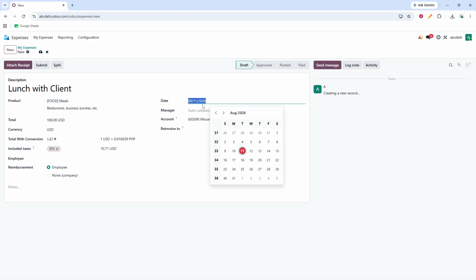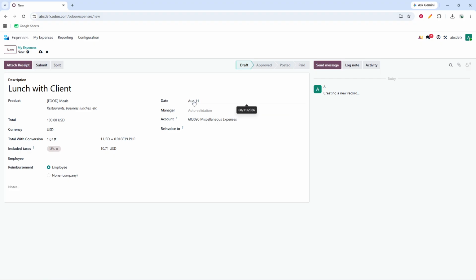This should match the date on the receipt or the date the cost was incurred. Keeping the date accurate is important for proper tracking and approval. Then, select the employee associated with the expense. This ensures the expense is assigned to the right person, which is especially important when multiple employees are submitting expenses